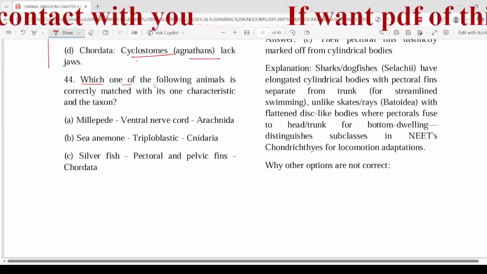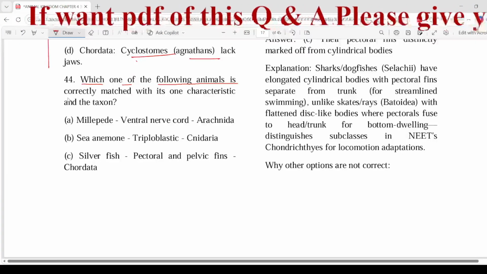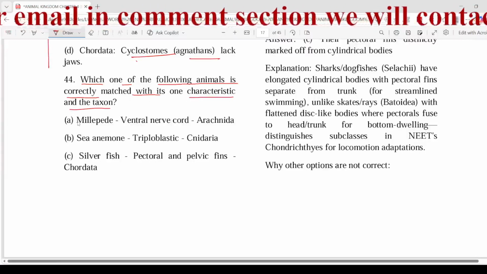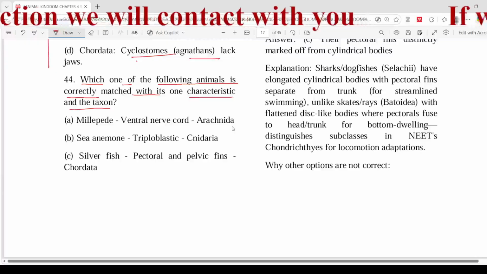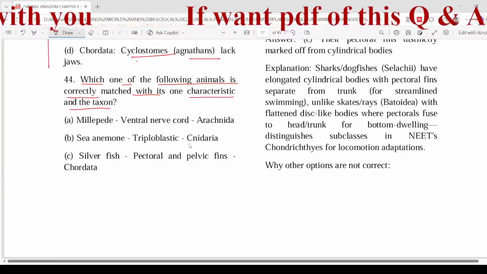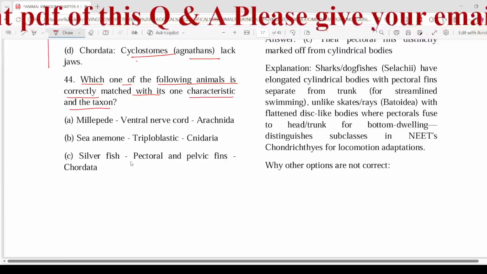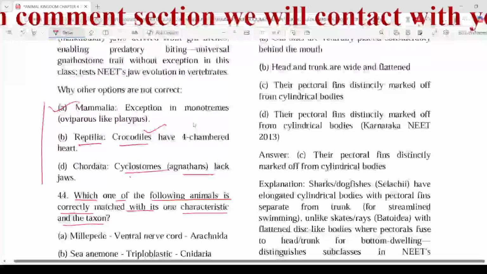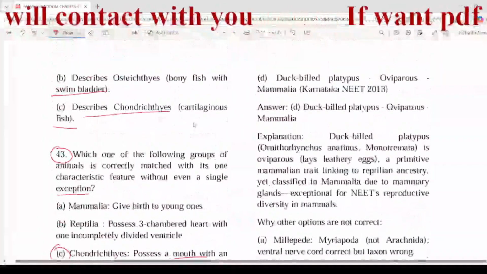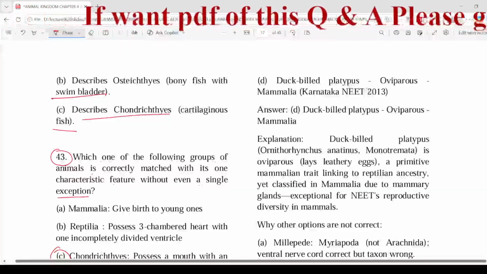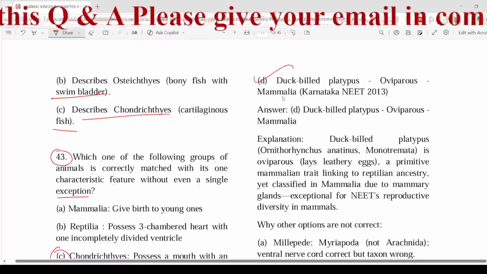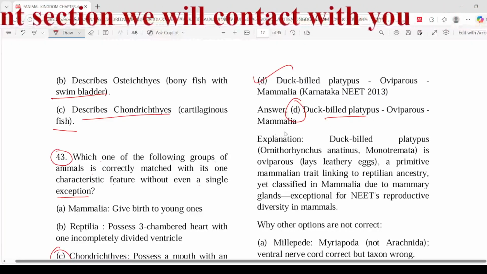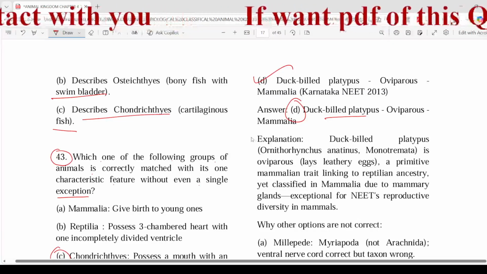Which one of the following animals is correctly matched with its characteristics and class? Option A: millipedes, ventral nerve cord, Arachnida. Option B: sea anemone, triploblastic, Cnidaria. Option C: silverfish, pectoral and pelvic fin, Chordata. And option D: duck-billed platypus, oviparous mammalian character. So the correct answer will be duck-billed platypus. It is an oviparous mammal. So the explanation for this question: